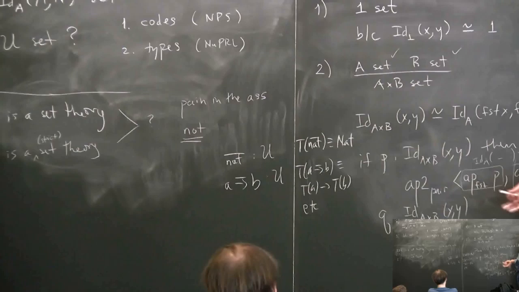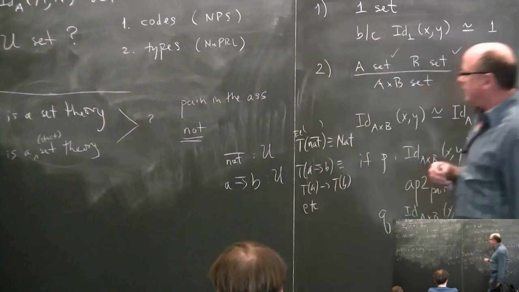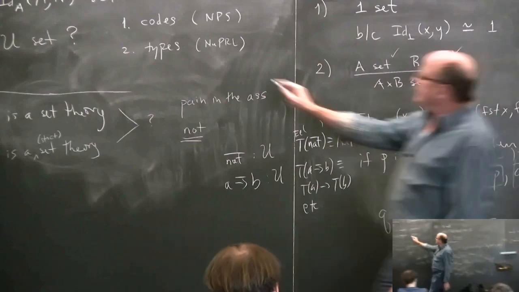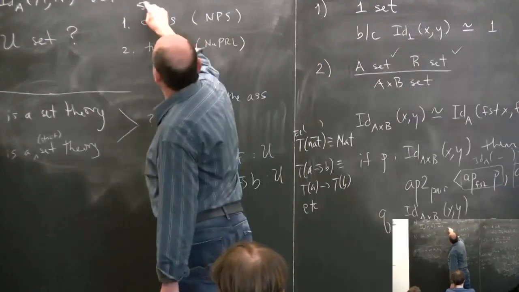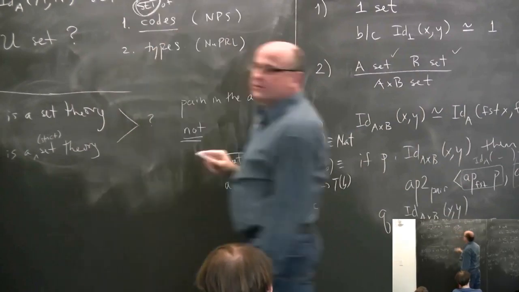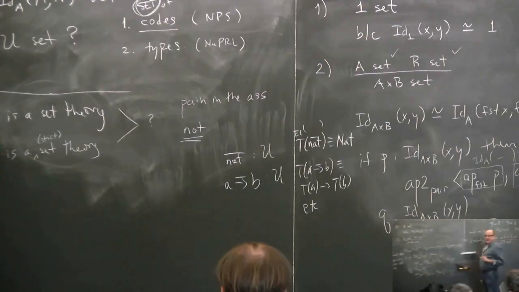There are different technical setups for this, but that's the gist of it. Sometimes this was called the elements of nat, L of nat bar. There was different terminology that people used. But the gist of it is, you defined inductively a set of codes. It was extremely important that it be a set of codes, meaning that,